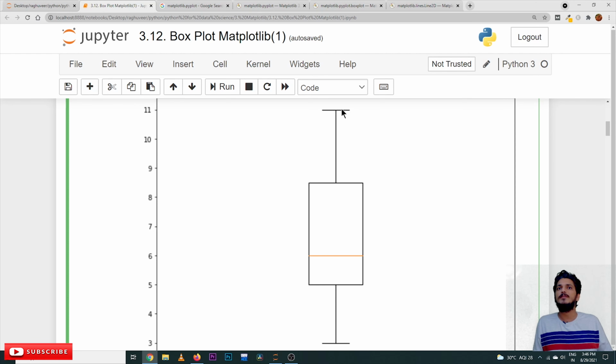This is the ending point and this is the starting point. This we call as, this is the starting point and this is the ending point. This is how a box plot looks like. With this we'll get an idea of the first quartile, third quartile and the median value, so that we can analyze some of the logics that are present in our data set. So we'll take a real-time example from our sample store data set.